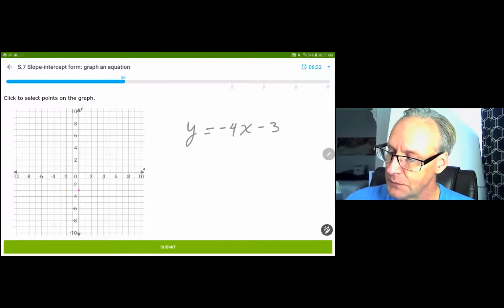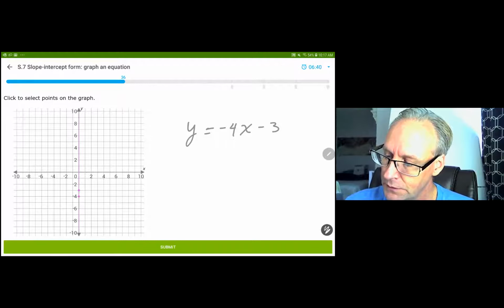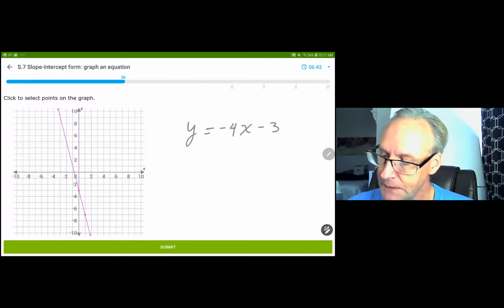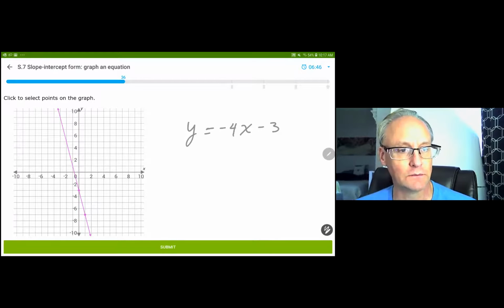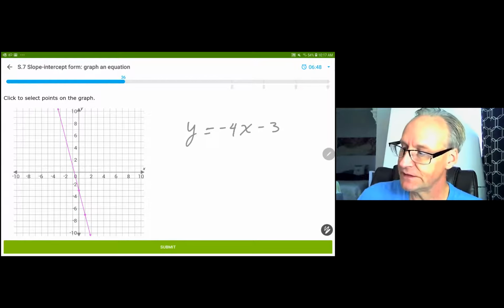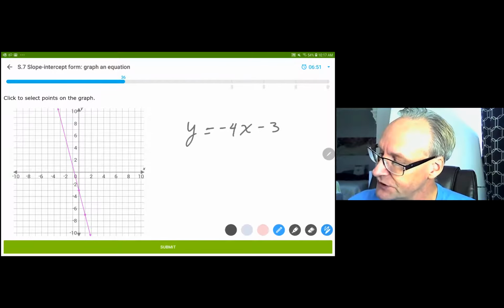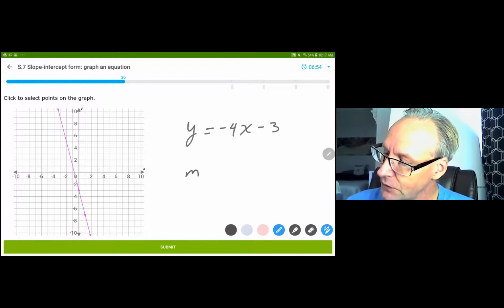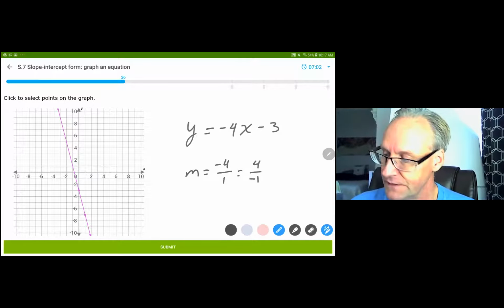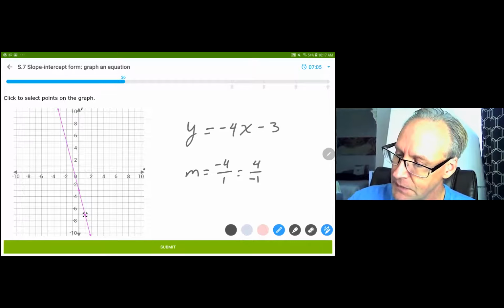So to get from 0, negative 3 to another point, I can count down 4 from here. 1, 2, 3, 4, and over 1. And this is a slope of negative 4. Now, sometimes this isn't going to fit on your graph. So another option is, instead of counting your slope, down 4 over 1 to the right, I could go up 4 and back 1 to the left,